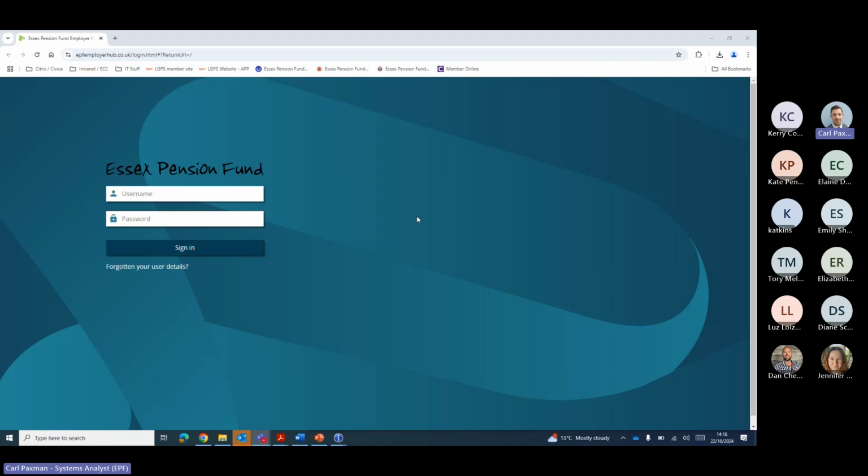To be able to get a new login, you need to complete a registration form. If you don't have a registration form, please email us on pensiononlinesupport@essex.gov.uk and we can send you a registration form and a user guide as well. And once we've got one of those forms, we will create what we call a super user login for you that has full access to the Employer Hub. And that will include a login,